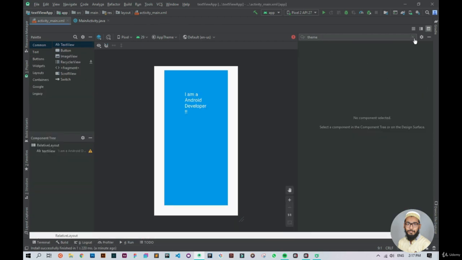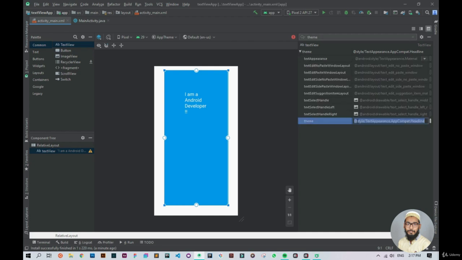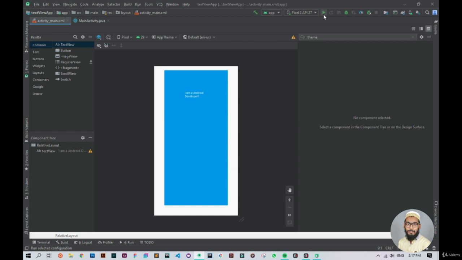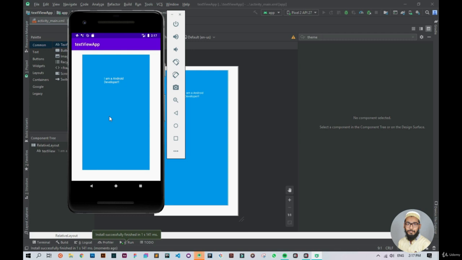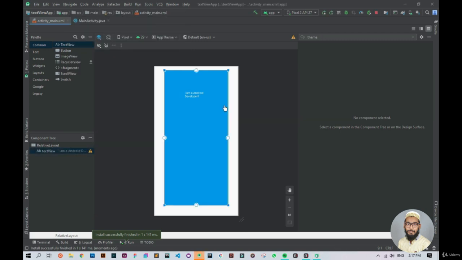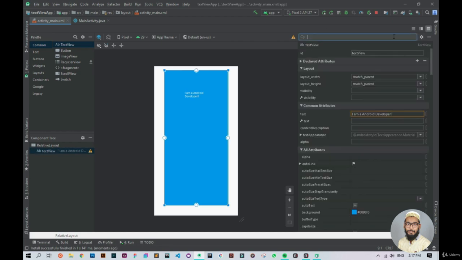This might be caused because of the theme that I changed of the text view. So let's remove the theme attribute and see what happens. Let's click on the text view and select the theme attribute and remove this theme, and let's try again to rerun the app. As you can see now, my application is now running perfectly fine. So let's do one thing. Instead of this blue color, let's change the background color